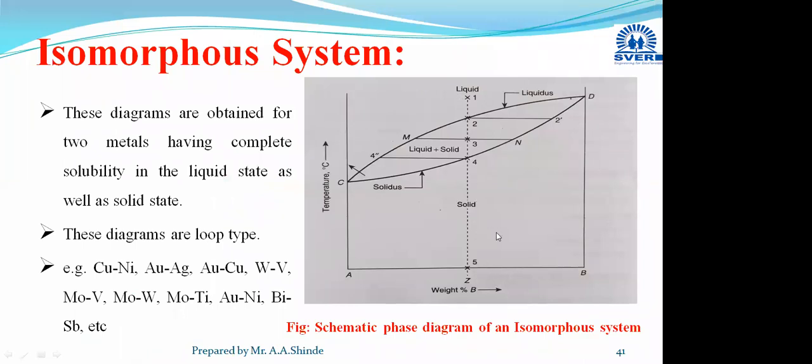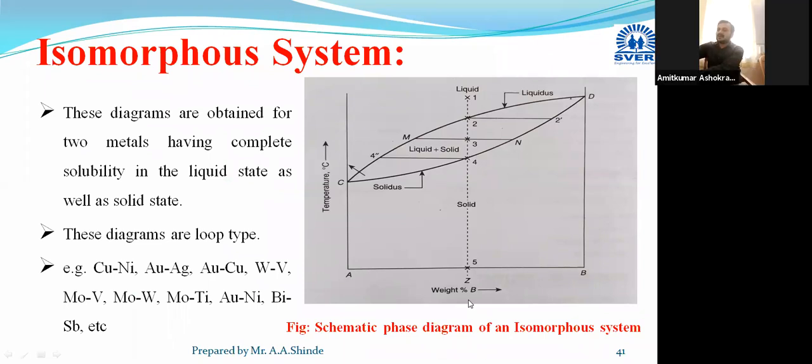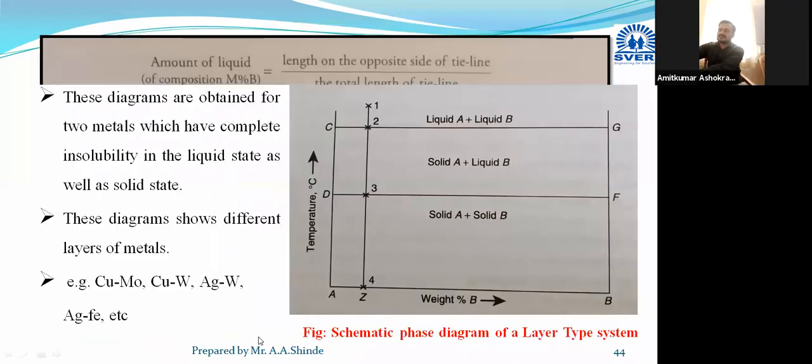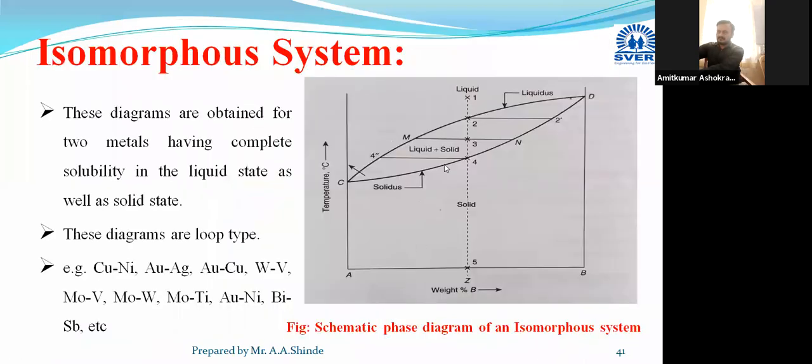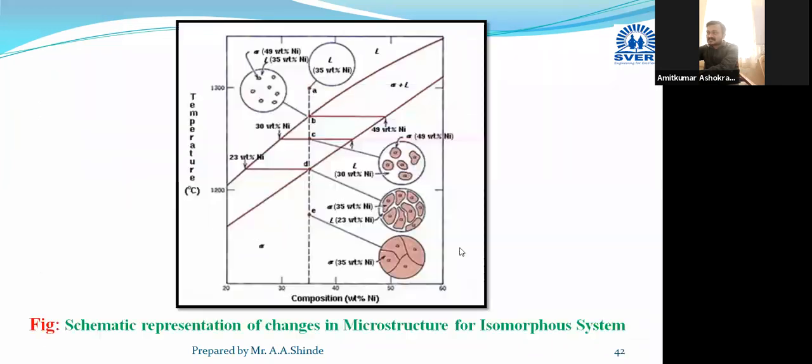Now we consider the alloy. Here these are the microstructural changes. First I will explain here, and then we will move towards the diagram, or directly I will explain this curve. This is just a zoomed diagram, from point A to B. Suppose any composition you can mention, X% or Y% like that. What exactly happens here, you can zoom it on your screen also.